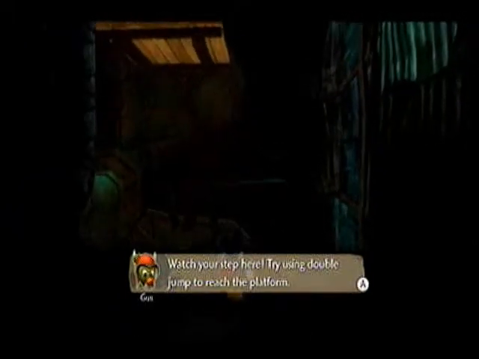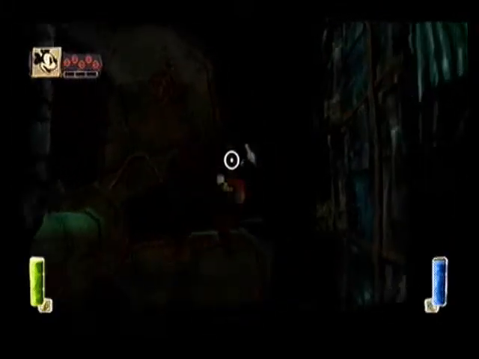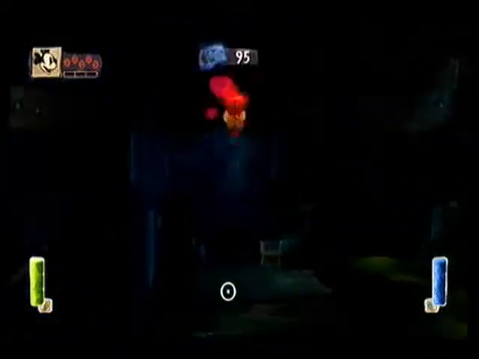Or to step here, try using double jumps to reach the platform. To perform a double jump, press the A button in the middle of the jump. I'm pretty sure everybody knows how a double jump works. The platform. Another obsession I have with this game is that whenever I see platforms like this, I'm always wanting